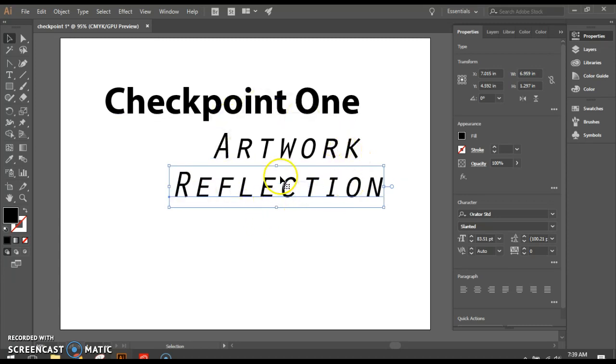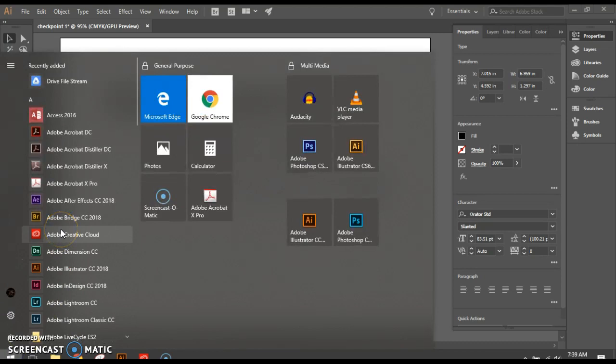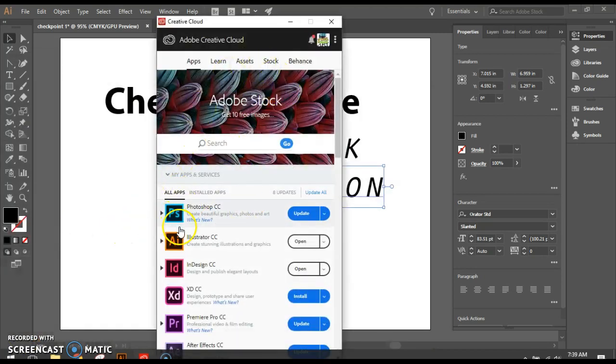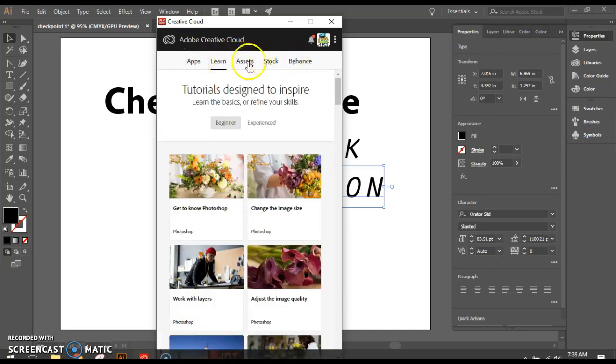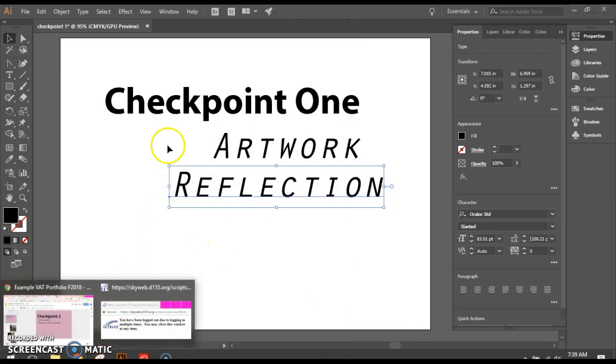So right now, we're going to pause. If you have not yet gone into Creative Cloud and signed in, do that. When you do sign in, you should see some images. Yours looks a little different from mine, but you should see options here and a circle with your name here. That's going to allow you to go into